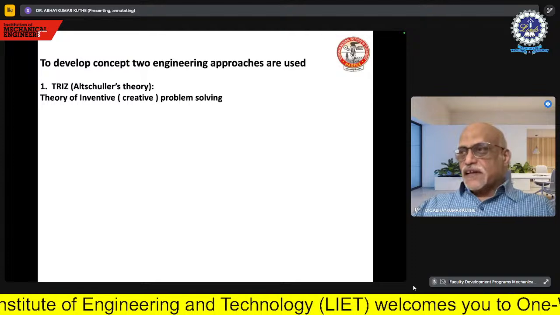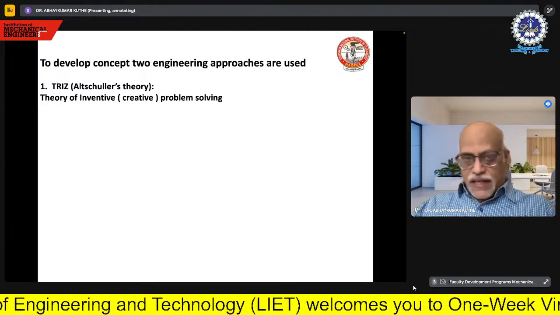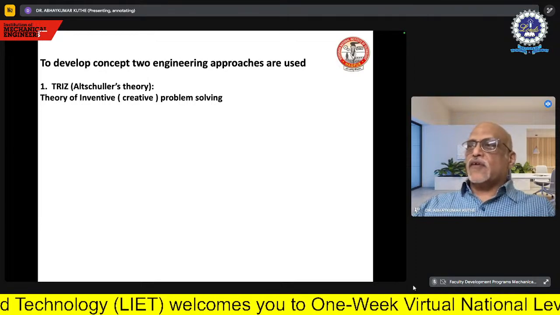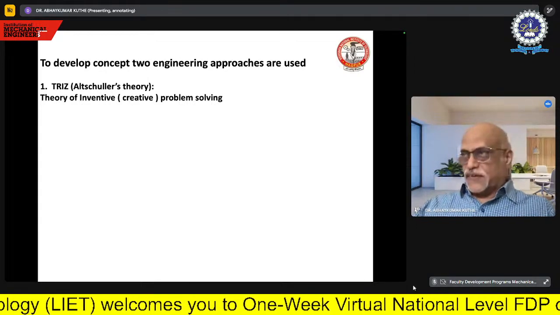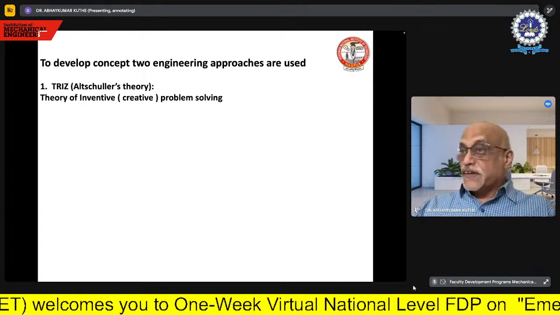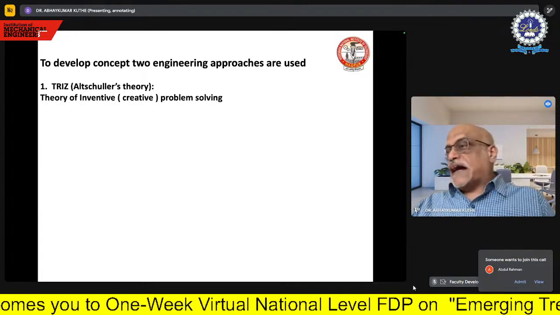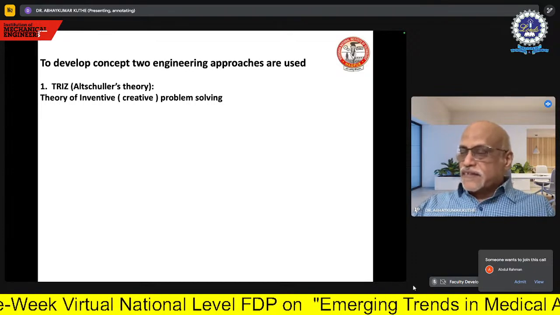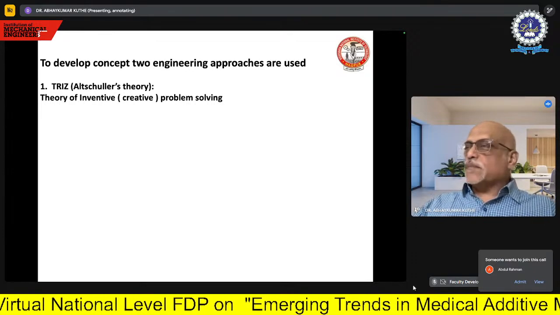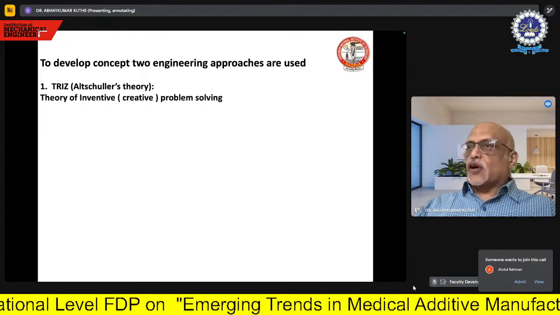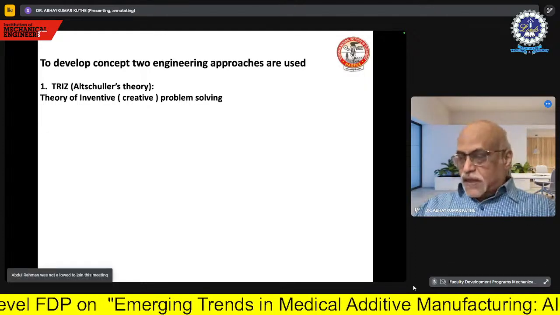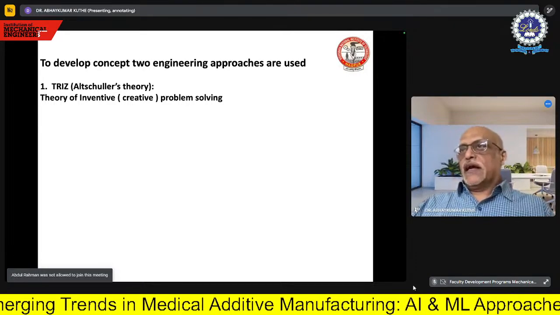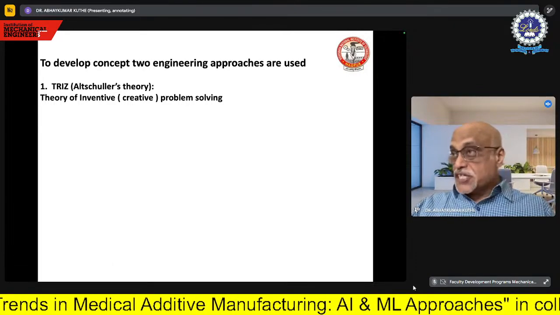Now, TRIZ is a really interesting theory, or rather a tool, and there are around five or six tools available in TRIZ. All these tools you can use to see how the particular part is to be designed or developed. So in the concept, what exactly is the focus? The focus will be on how we are going to satisfy whatever the need of the customer is by developing that particular product. Therefore, this is really very critical.